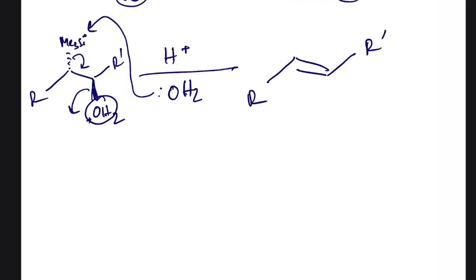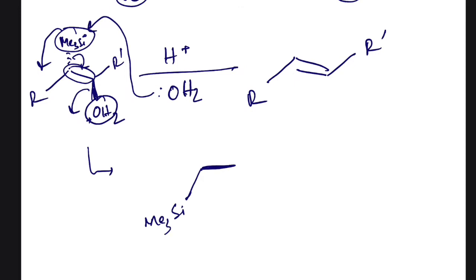To know the stereochemistry properly, we can also draw it this way. If we take this double CC bond on the plane like this, now if we rotate, the SiMe3, which is below the plane, comes onto the plane. R, which is on the plane, will go above the plane because all are rotating 60 degrees. It will go above the plane and the hydrogen will go below the plane.